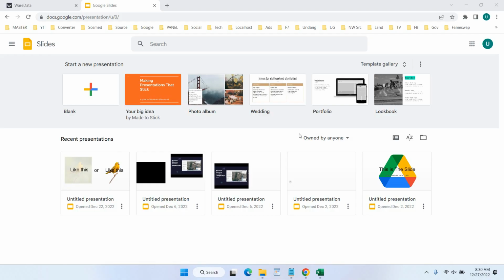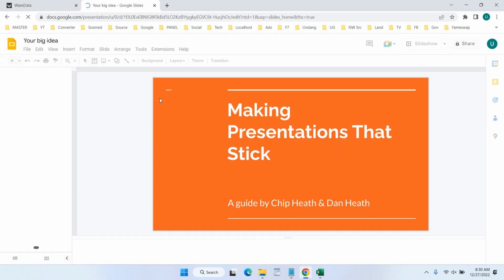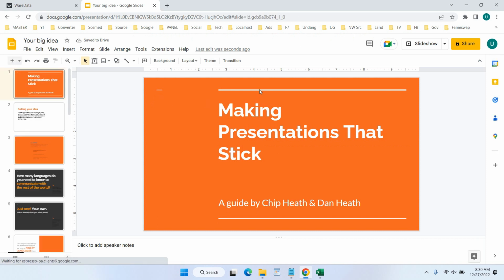In this video we will show you how to make a Google Slide vertical. If you try to create the Google Slides, the default is landscape like this. To make this slide vertical, you can just click the File menu,